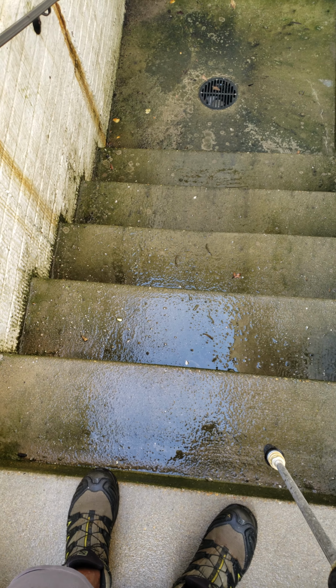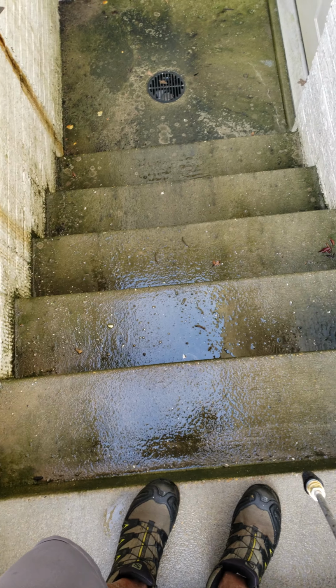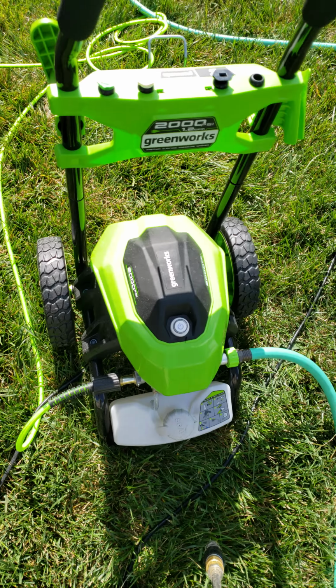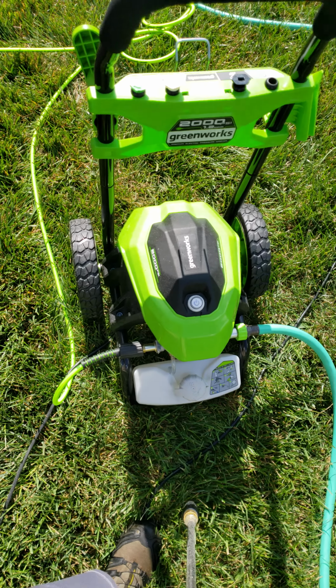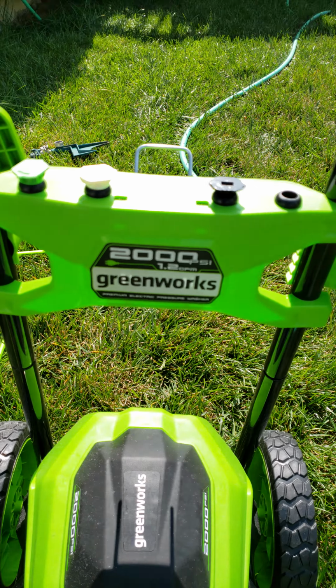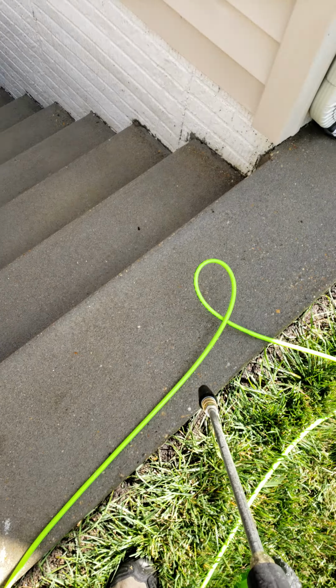And I'm power washing with the Greenworks 2000psi power washer. Testing it out on my stairs right now to my basement, and so far it's working pretty good. It's actually working really well. I just did the siding,